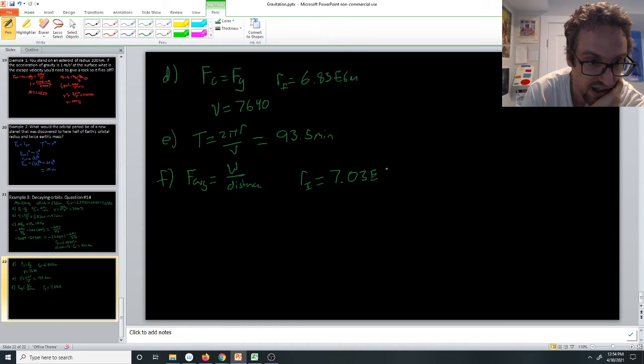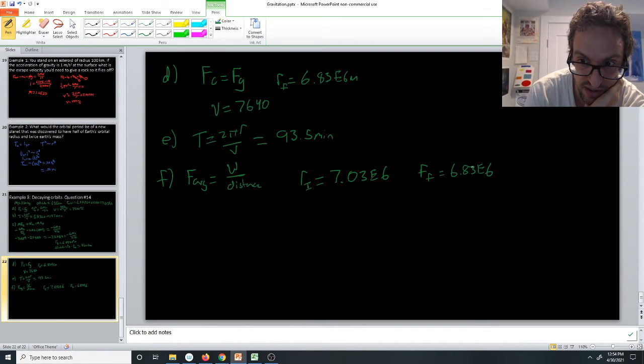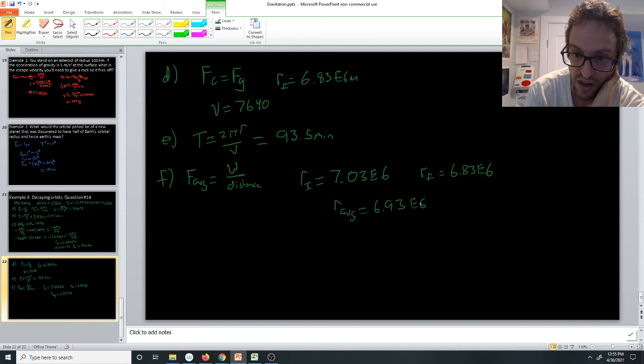7.03 E6, I think it was. And my radius final was 6.83 E6. Oops, that's not force final, it's radius final. Now the average between those, the average radius, is conveniently going to be 6.93 E6. So that's my radius, which means my distance is, so this is 1.6 E5, I guess it's negative, but you're going to end up putting in a positive number there,